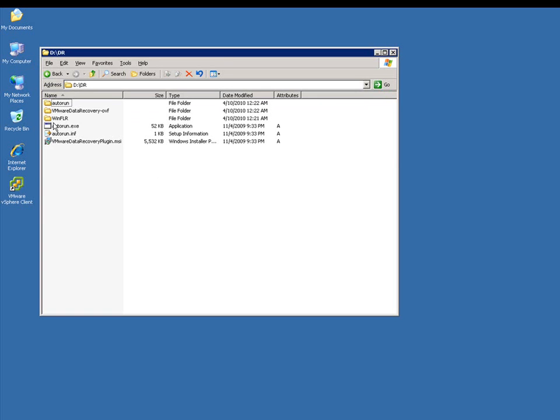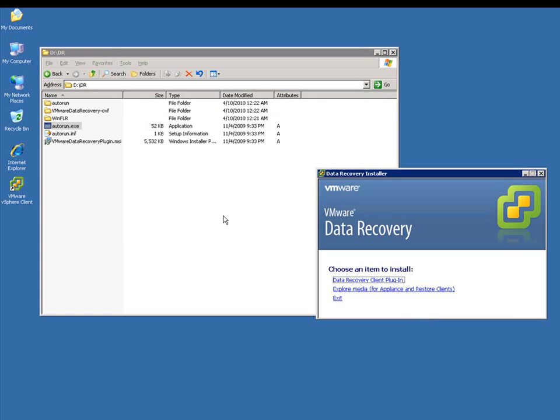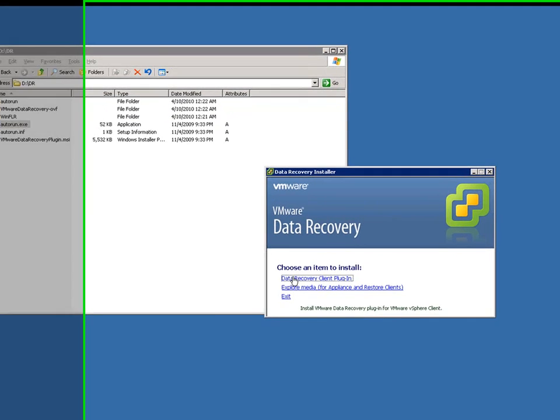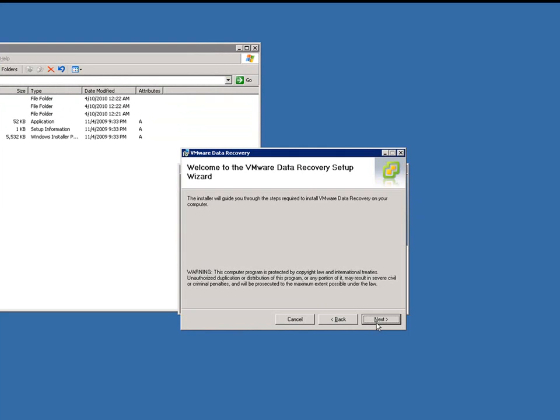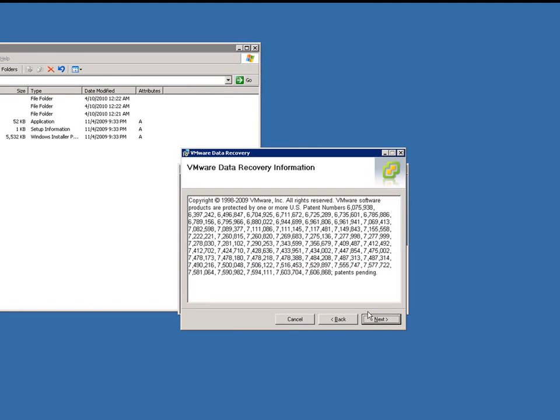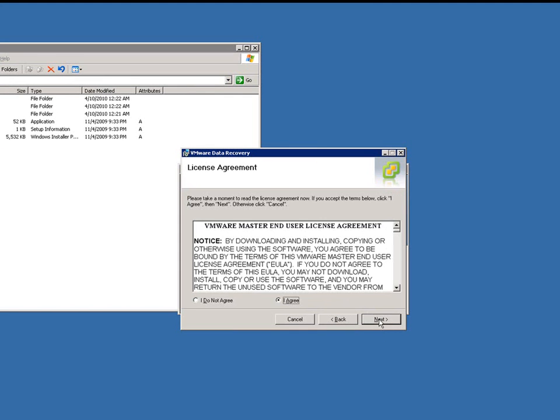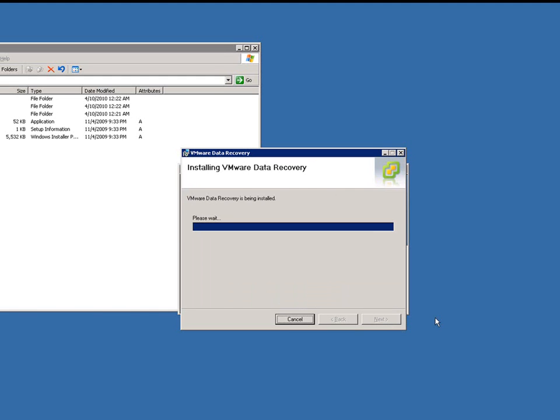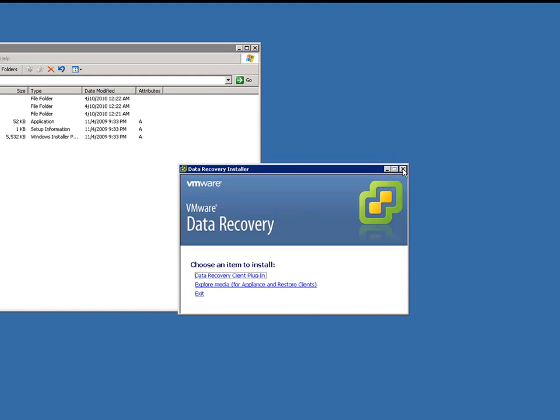I'm going to go ahead with the auto run. I'm going to select the first option, which is the Data Recovery Client plugin. That will kickstart a very basic wizard. I'm going to go ahead through the settings here. Next. I have no choice but to accept. Next. Next. Close. We're going to exit out of the wizard, and then we are going to log back into